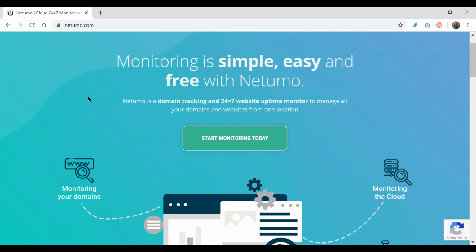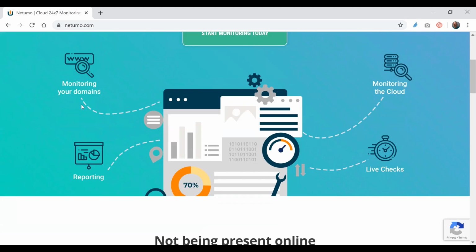All right, well, let's scroll down. So, this is pretty clear. We've got reporting, monitoring your domains, monitoring the cloud, live checks. I don't know if this graphic is... I'd almost put maybe a website or something. I just feel like this graphic is a little too...